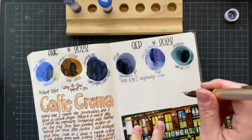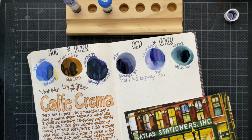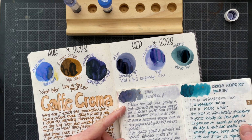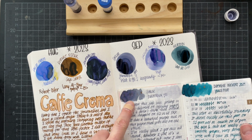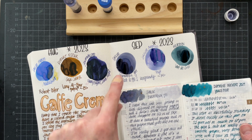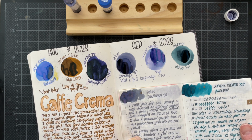I will come back to you and let you know how my writing experience goes. I just want to compare this. So there's a lot of purple to be seen here, which I don't see a lot at all in this. This is a lot more blue than this. But we'll see